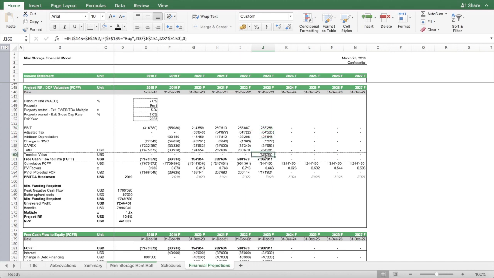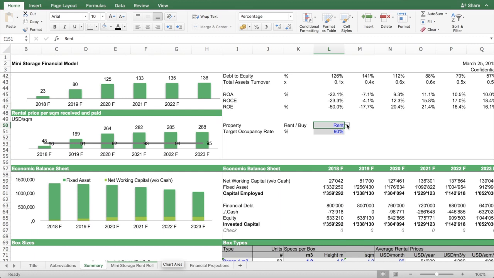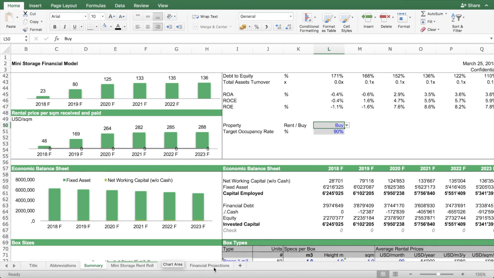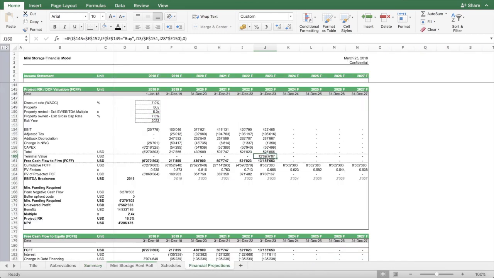At the end of the forecast period, if you are renting your premises, then it applies a 5 times EBITDA multiple. If you are a business owner, then the exit valuation model changes because you look at it from a real estate perspective. In that case, you take the estimate of the market income which you can get from the property and capitalize this by the gross cap rate. So this allows you to build different scenarios and then come up with the